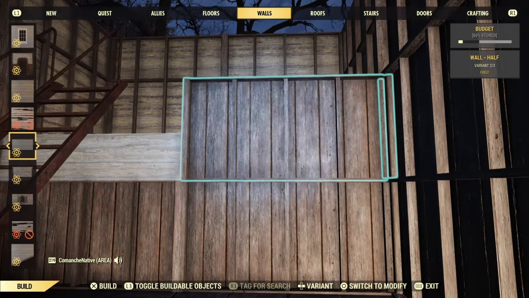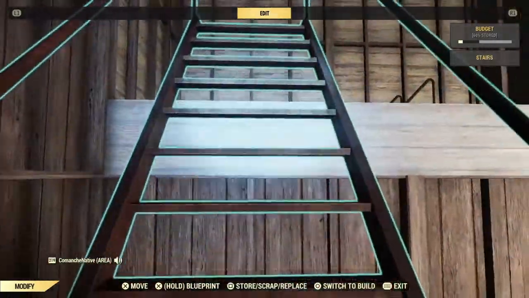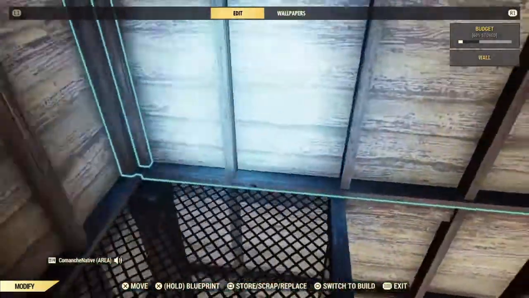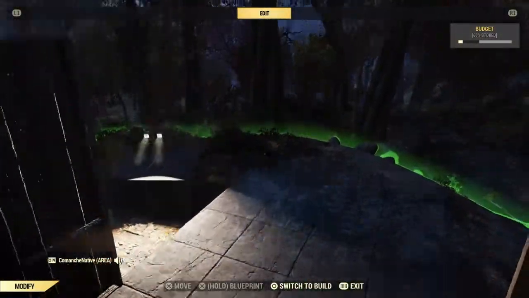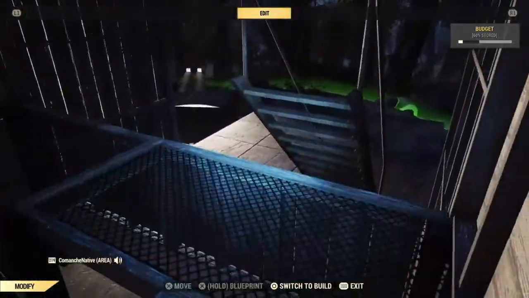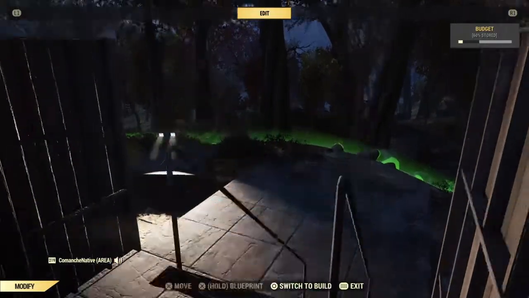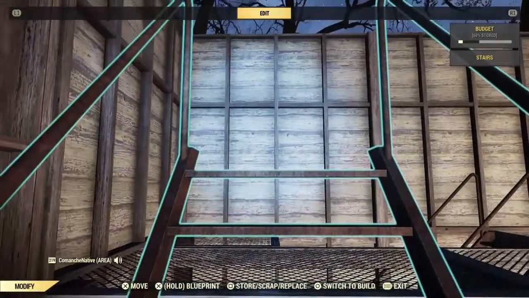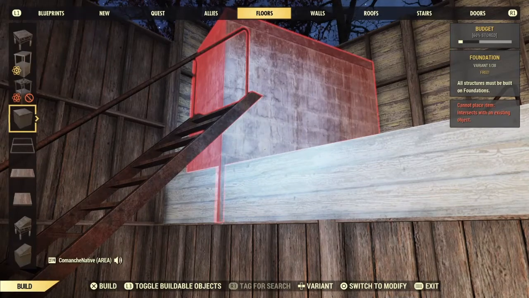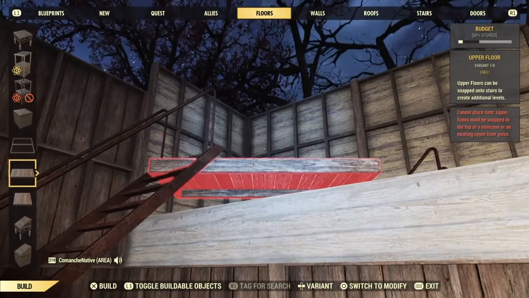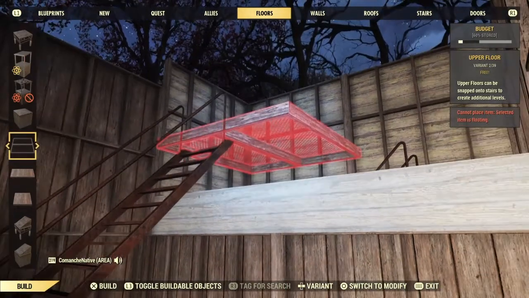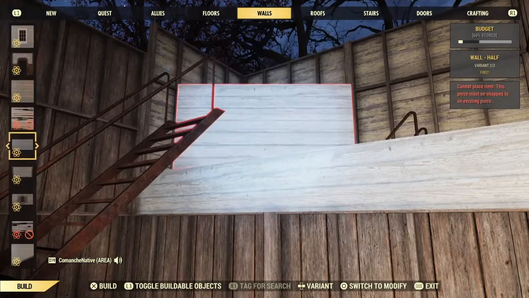So I have to make a decision here. Am I going to go ahead and put the short wall up, just so we can go like this? And then when we come back, I'm going to have to jump up and then down, because there's no way you can put something there. And if I do, let's say we put, there's no way I can do a flooring, because it's not going to like the fact that there's flooring underneath it. You've got a staircase underneath this, and it's like, I don't like that. So